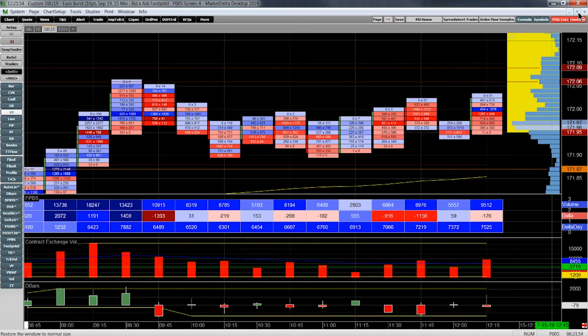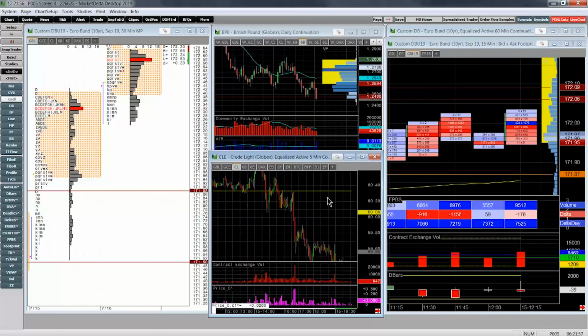Okay, now let's go and have a look at the German bunds today. Okay, simply